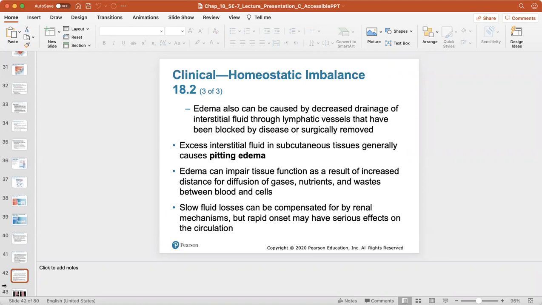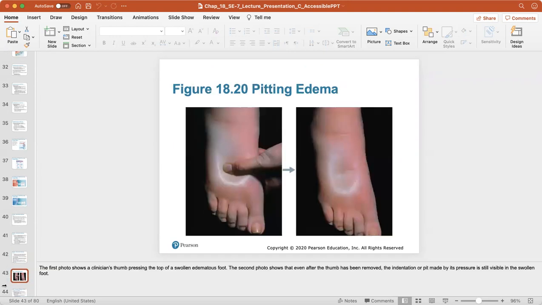Edema is bad because it can impair your tissue function as a result of increased distance for diffusion of gases, nutrients, and wastes between blood and cells. Slow fluid losses can be compensated for by renal mechanisms, but rapid onset may have serious effects on the circulation. And this is what pitting edema looks like. So if you push into the area of edema or swelling, when you remove it, the indentation is still visible